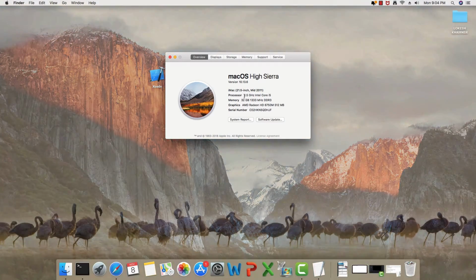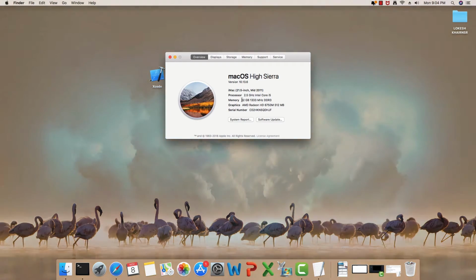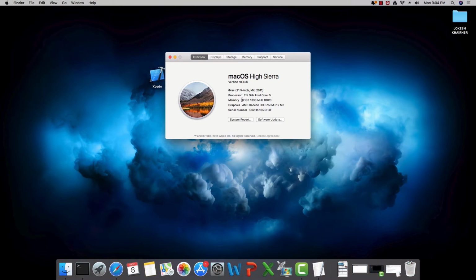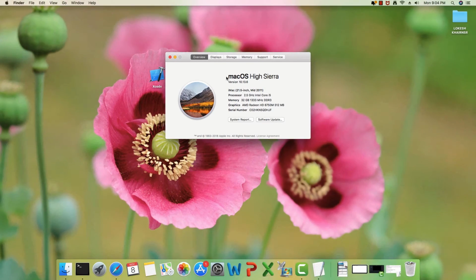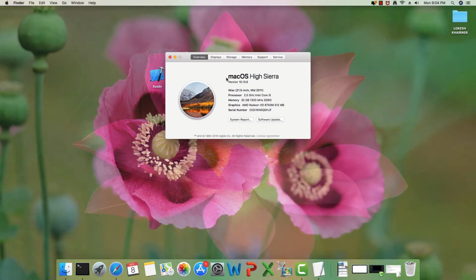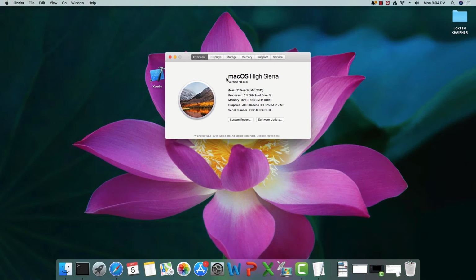It has got 2.5 GHz Intel Core i5 processor. It has got 32 gigabytes of 1333 megahertz DDR3 RAM. So this is a very old iMac computer and I had purchased it at reduced prices from a store in my hometown.